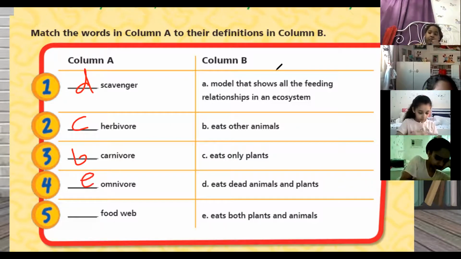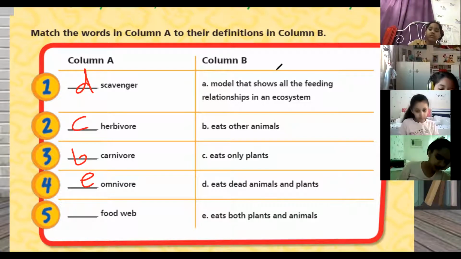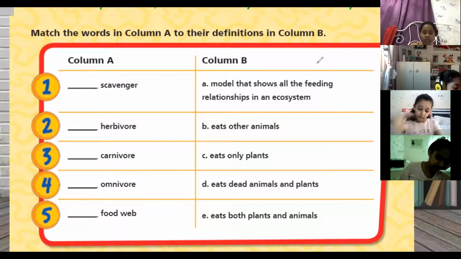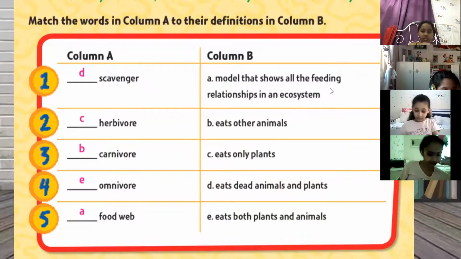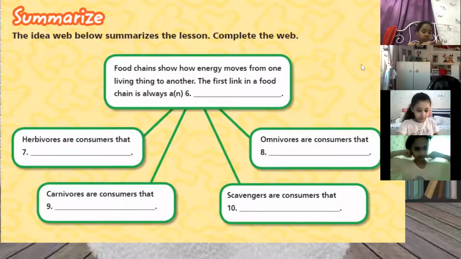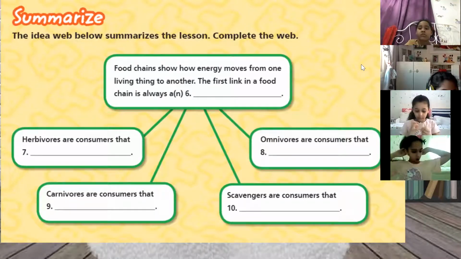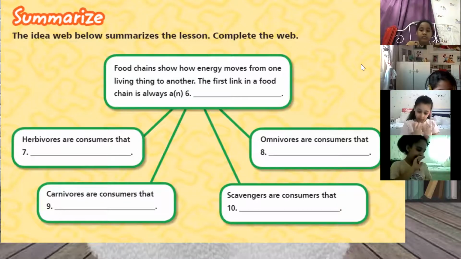So what's a food web? Yes, Eileen? Model that shows all the feeding relationships in an ecosystem. Excellent. Very good. Okay, guys, let's go down. Let's see what we have here. Now you have food chains show how energy moves from one living thing to another. The first link in a food chain is always a